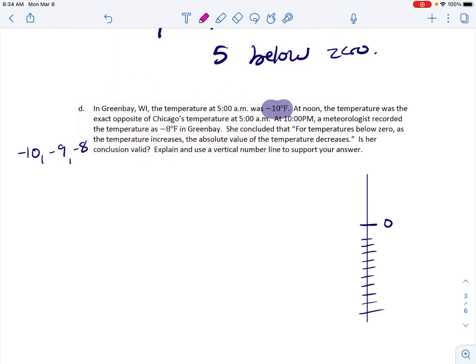Okay? And I have -8, -9, and -10. So her conclusion is correct because